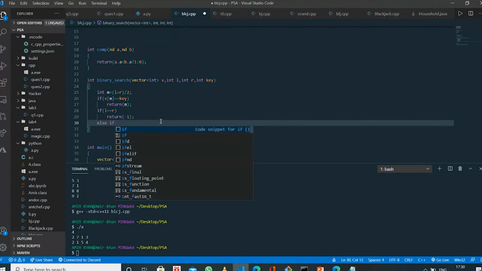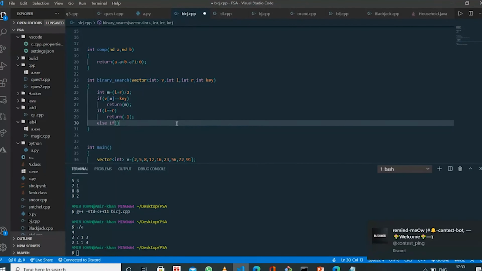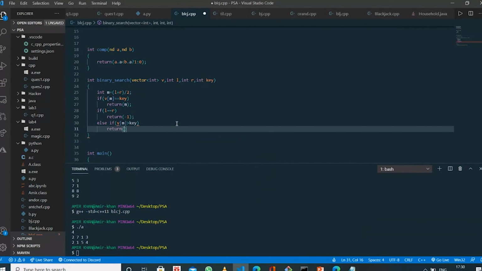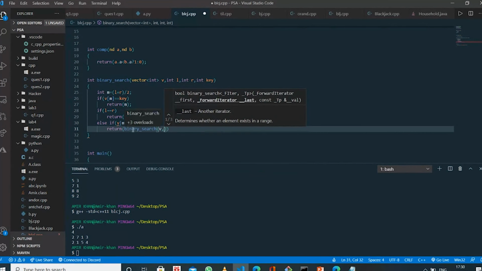Else if V of m is greater than key, what will we have to do? We will return binarySearch on the left part. V of m, my middle data, is greater than key.